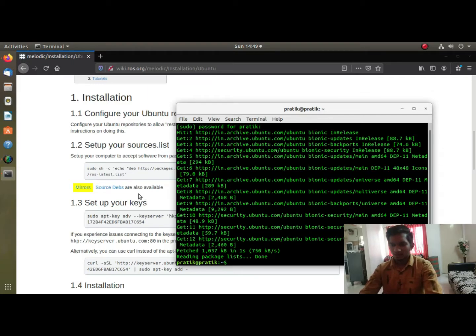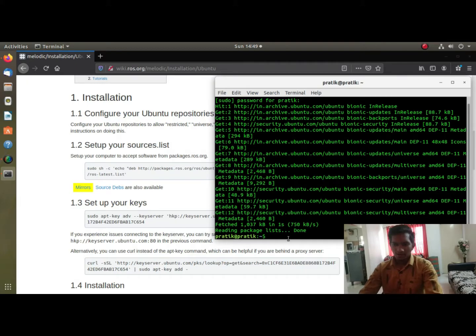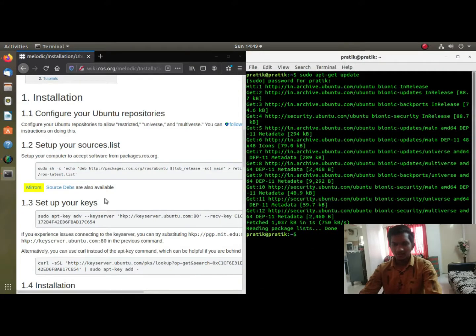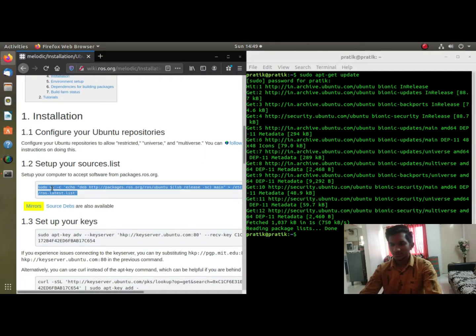Now I have updated, and you can see there is no list of unupdated packages, so I'm going to start the installation. I'll put this aside and set up the sources list. Now you can copy these commands here and paste them.